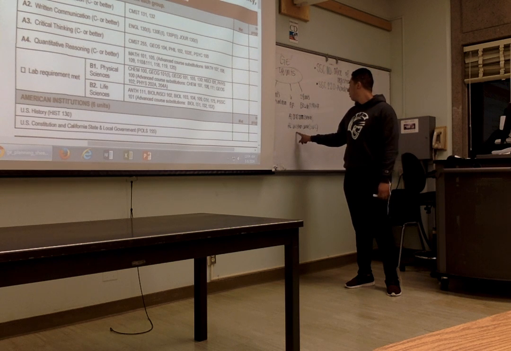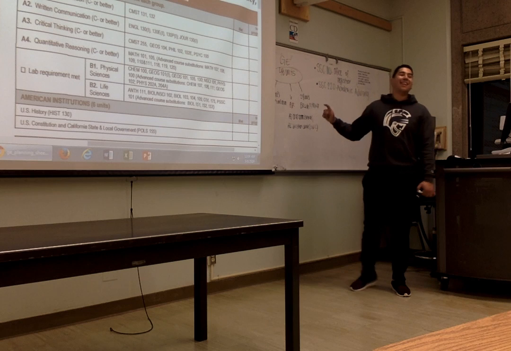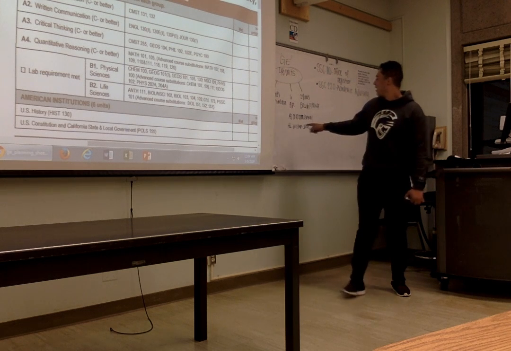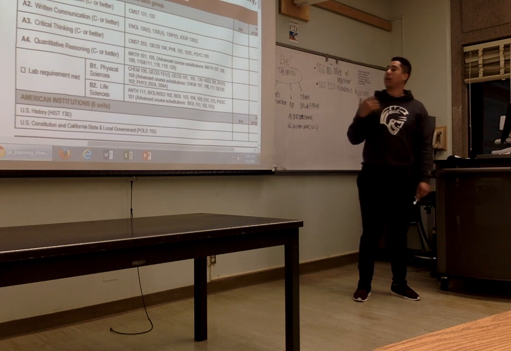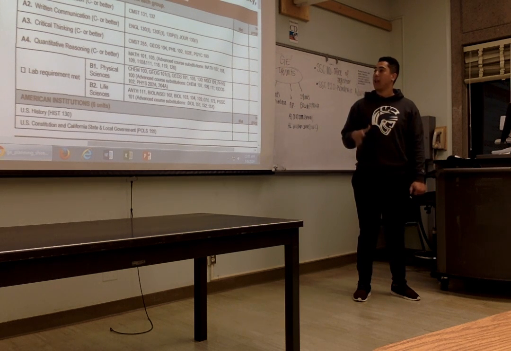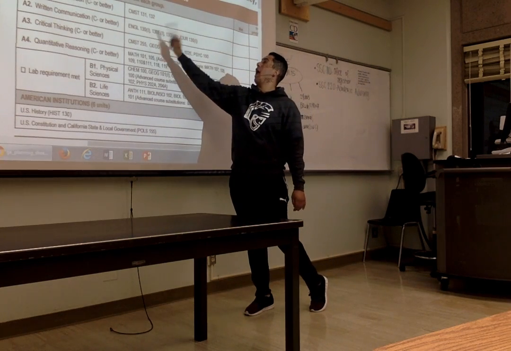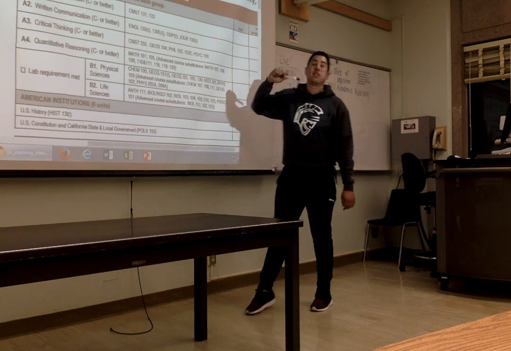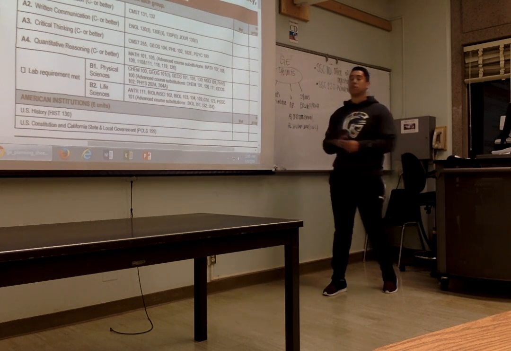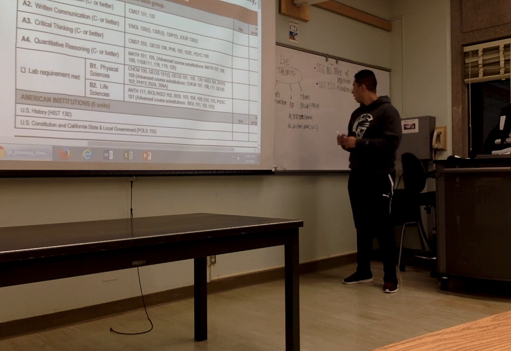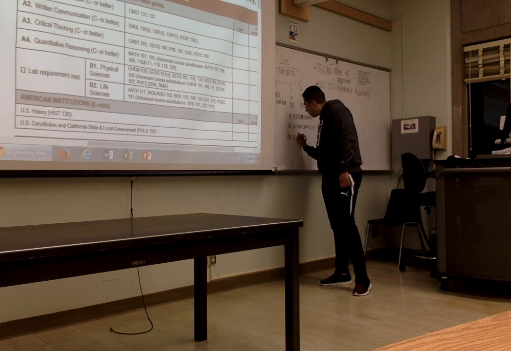Just to reiterate. If you did score below 147 on the EPT, you don't have to raise your hand. Just know that you're going to sign up for English 130, and English 30. So that's that. English 30 is that extra preparatory workshop class for you. So A3 is critical thinking.